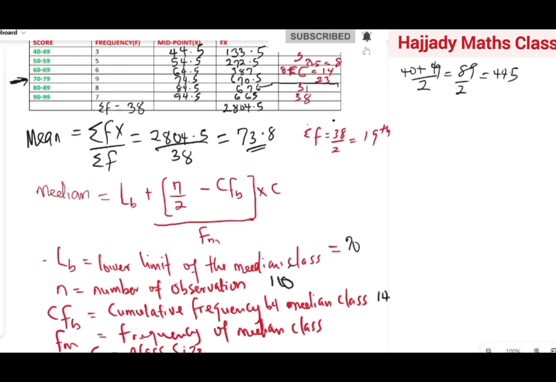And lastly, we have our frequency. Our frequency of the median class. So the frequency, since this is the median class, the frequency of the median class is 9. Okay, so the frequency of the median class is 9,